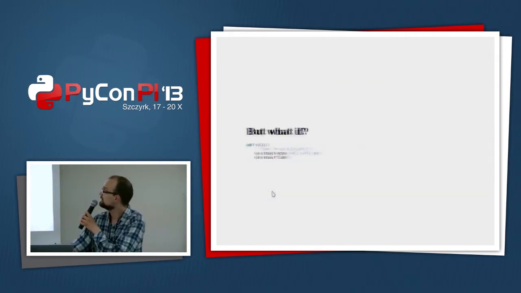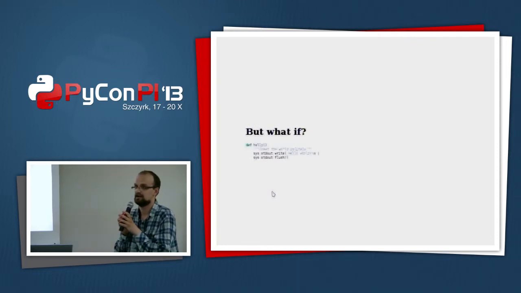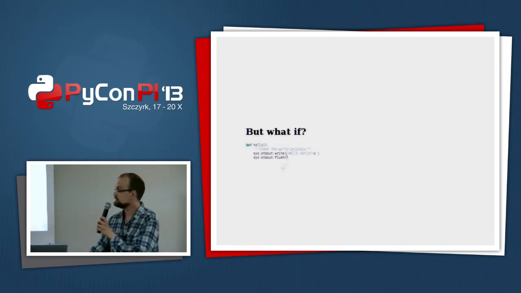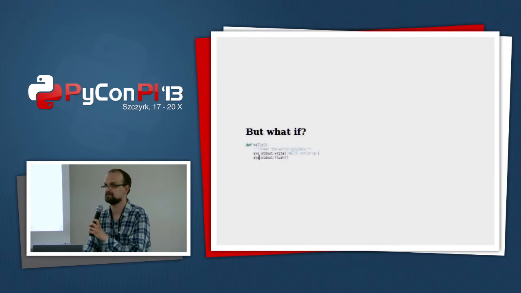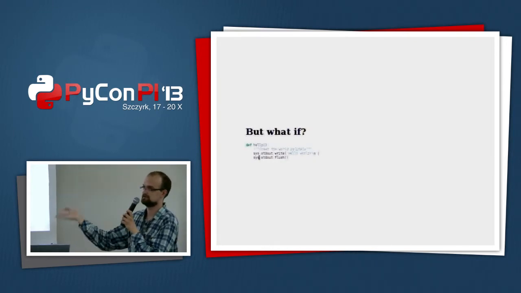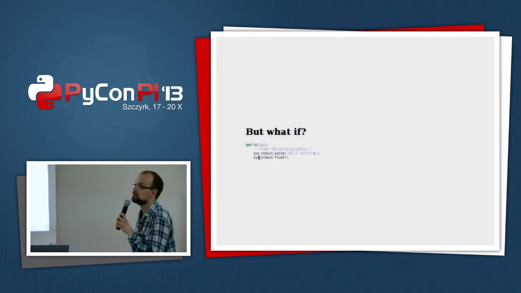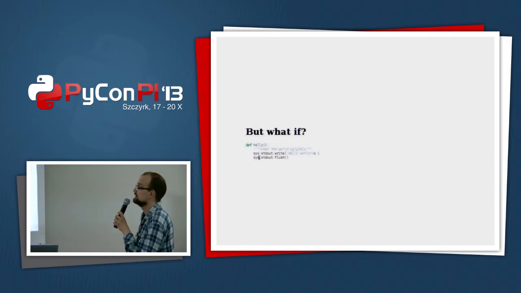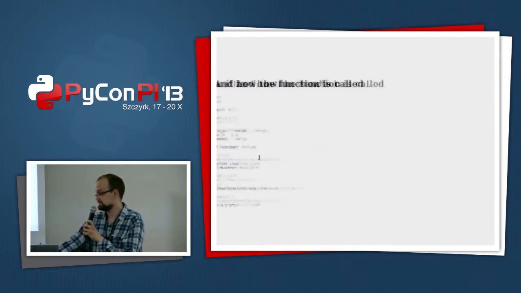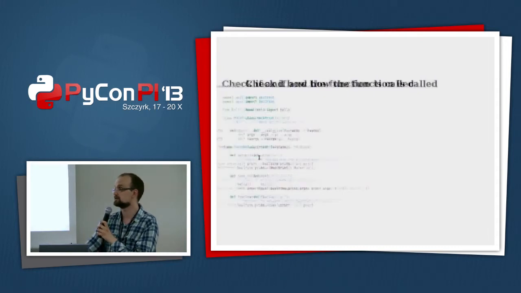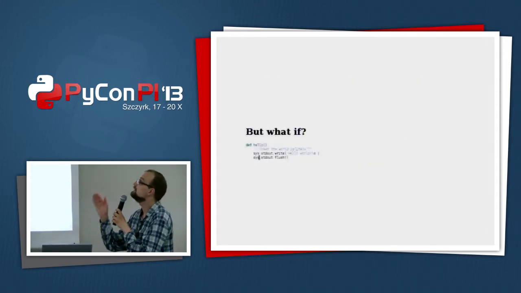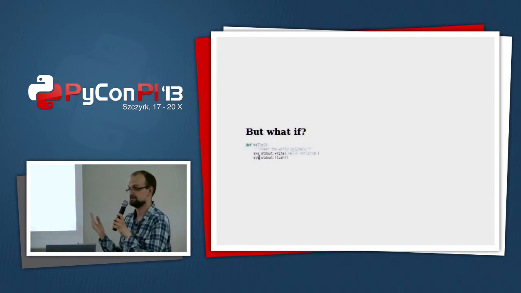Let's say we redesigned our hello function and we didn't use print, but we used stdout.write. This function would do exactly the same as the previous one. It would put hello world onto the standard output. But if we test it like this, it of course will fail because print wasn't called. So if we are afraid that this function wouldn't be called, but the side effect would be the same,